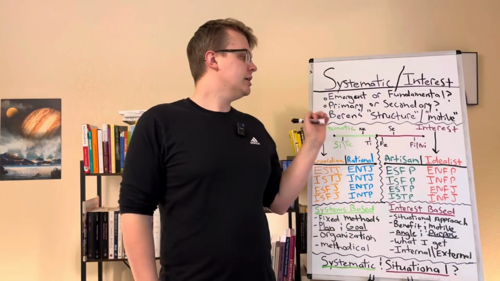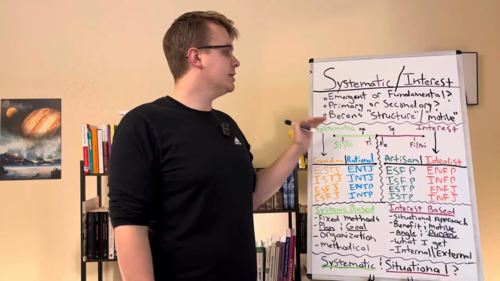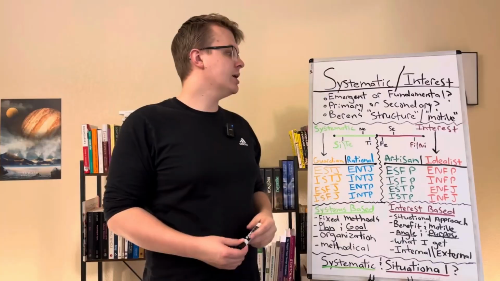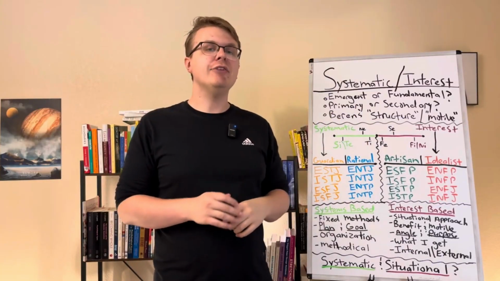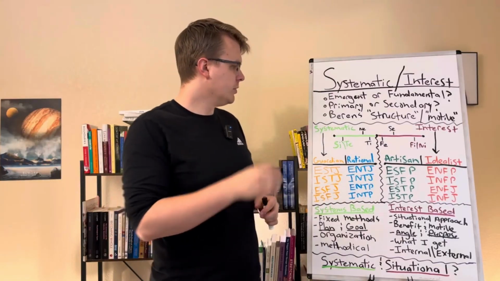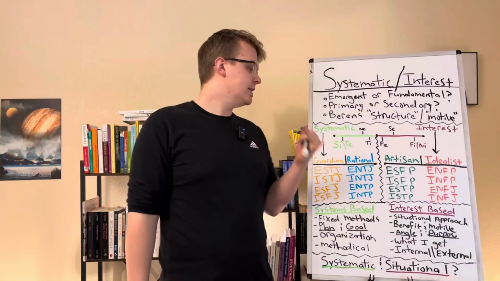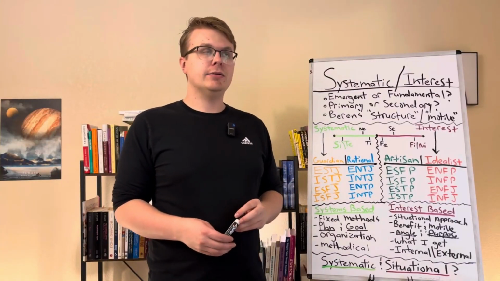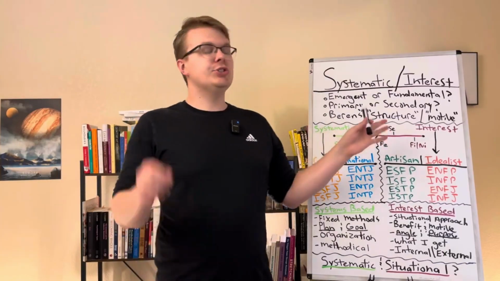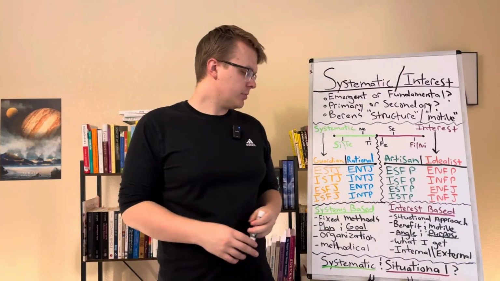Primary or secondary, everyone has access to both of these traits, right? It's just what do we lead with? What is our secondary one? Some types are closer to the middle and switch sides in a behavioral sense more easily. Okay, so the types who are systematic are all the Guardians and the Rationals, the SJs and the NTs, and then all the interest-based types are the Artisan types, the SPs, and the Idealists, all the NFs.